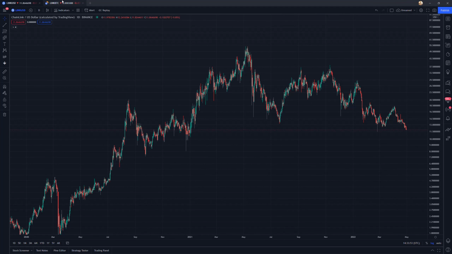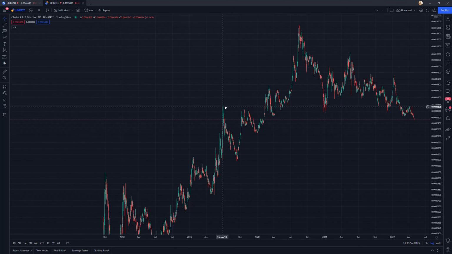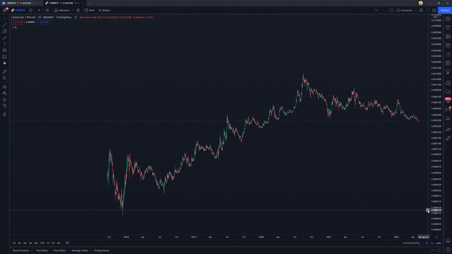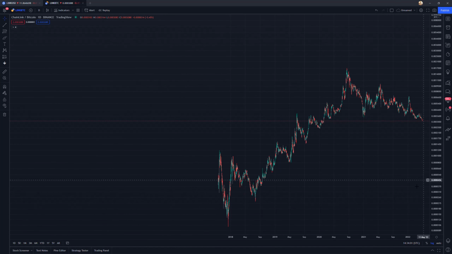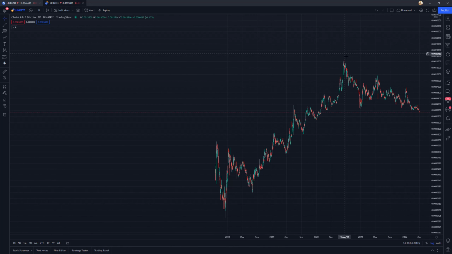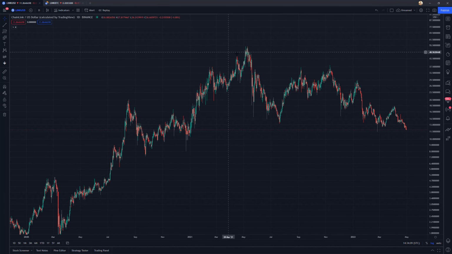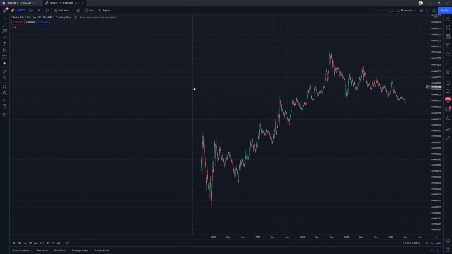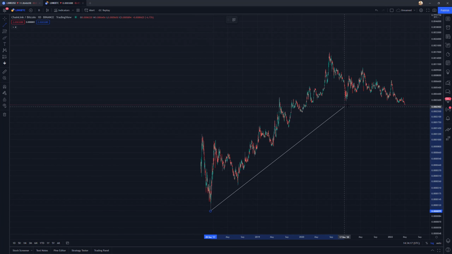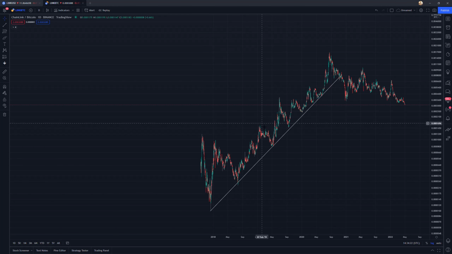I'm going to pull up the Link Bitcoin chart, which I think provides some insight on Chainlink, and you can note how it looks a lot different than the Link USD chart. We have this major peak in August of 2020, but the Chainlink USD chart peaked in April of 2021, so definitely a lot different. But on the way up, we had this pretty consistent uptrend, right, with these higher lows and higher highs, where it was just pretty consistently trending up. And then we had this kind of mania peak here at 0.00166.